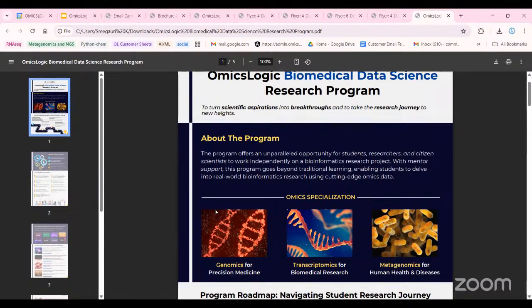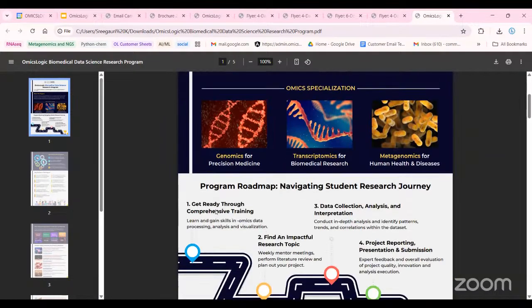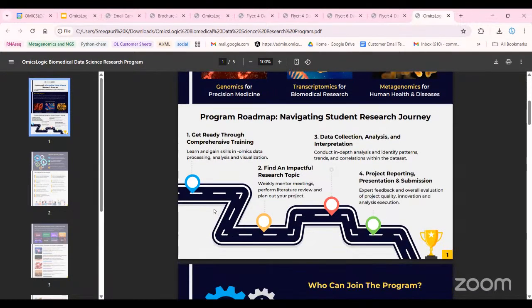Once a week, you'll be meeting with the mentor over Zoom call. They'll be working on your research project, carrying out the analysis and reporting your findings to the mentor. So this can be undertaken as a part of your dissertation, or if you want to do it as a part of publication, that would also be possible. So we'll be happy to share all of these details over an email. So just keep an eye on your email inbox if you're interested to learn more about it.